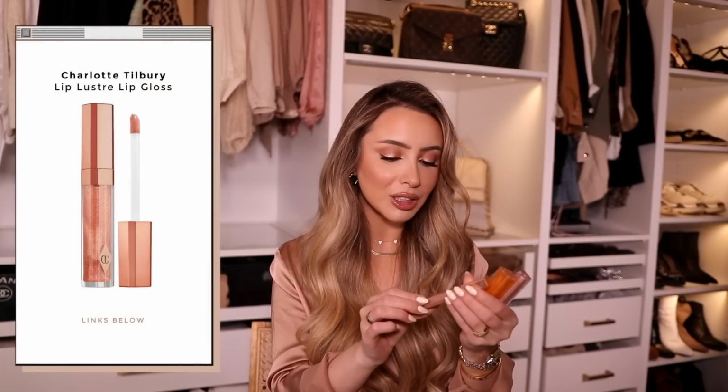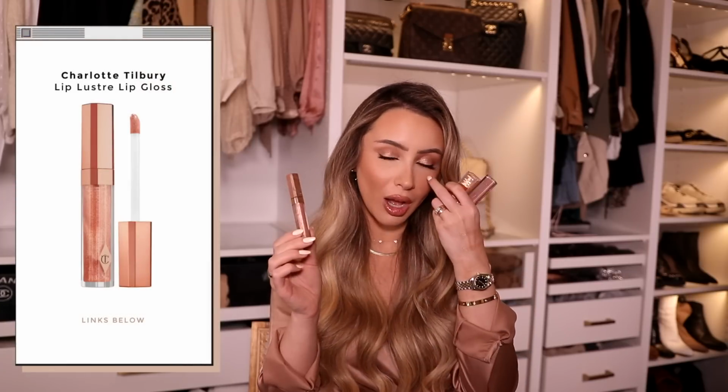Now let's talk about gloss. I'm very passionate about my gloss, and these are three new ones that I want to talk about. The first one is the Charlotte Tilbury Ibiza Nights gloss. It's what I'm wearing on my lips today. This lip oil, the Clarins Lip Comfort Oil in the color Honey, is amazing. I do want to try the Dior lip oil because a lot of you guys said it's better, which is hard to believe since this is already amazing. It just makes them look really nice and juicy and plump and very moisturizing,